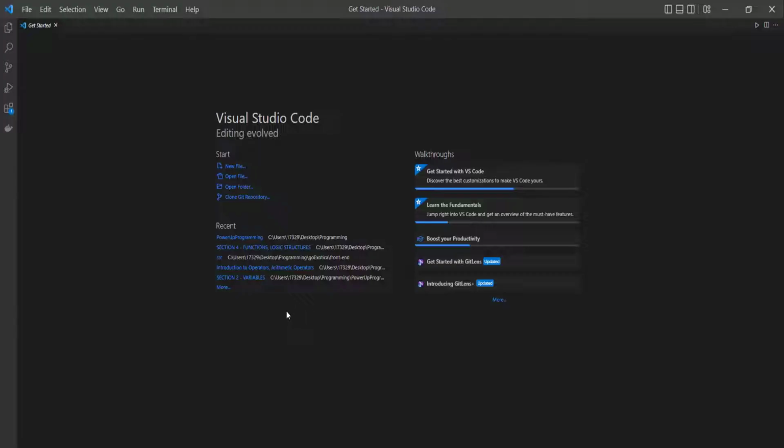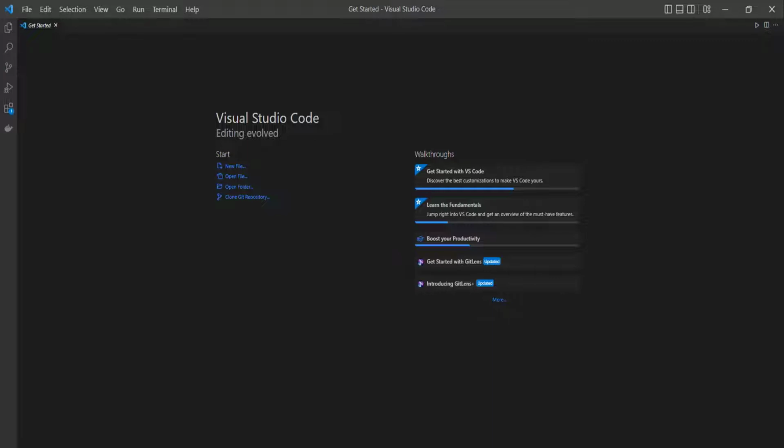Now that you've downloaded Visual Studio Code and launched it, you're going to see a screen kind of like this. You may have the option to adjust the appearance of your Visual Studio Code editor. If you don't like the initial look of the Visual Studio Code editor, go ahead and do that. If you do though, we can continue on, and I'm going to walk through Visual Studio Code with you right